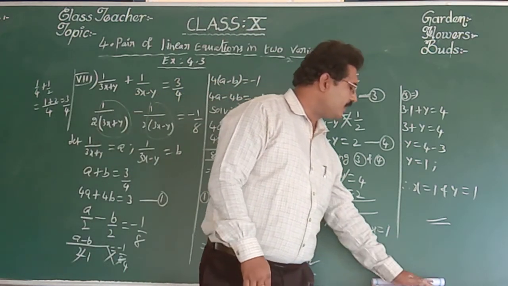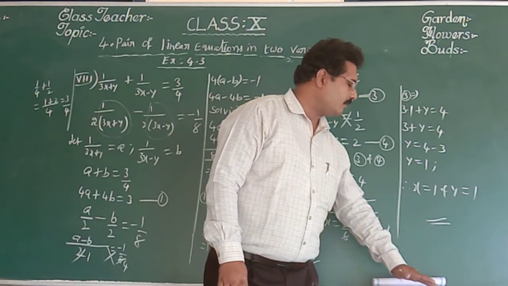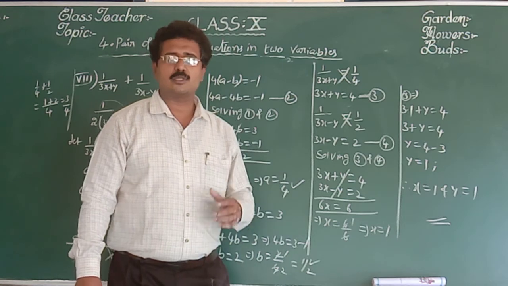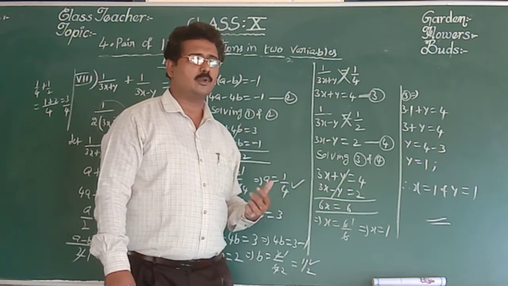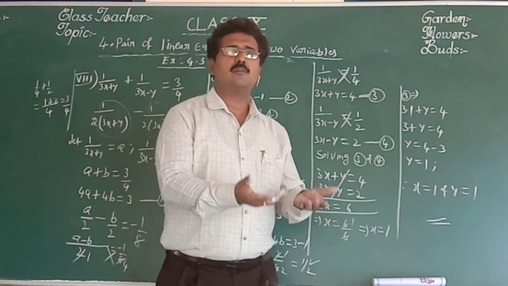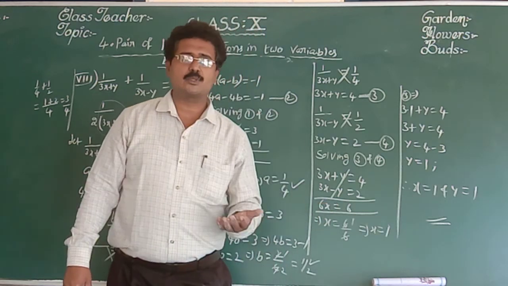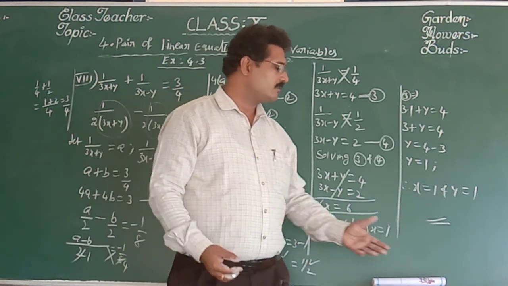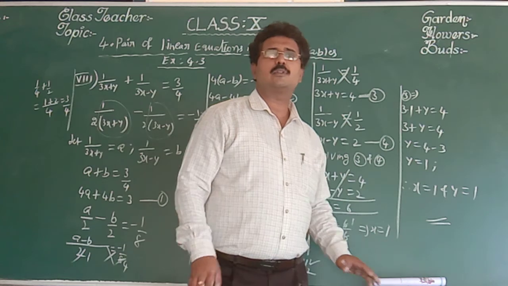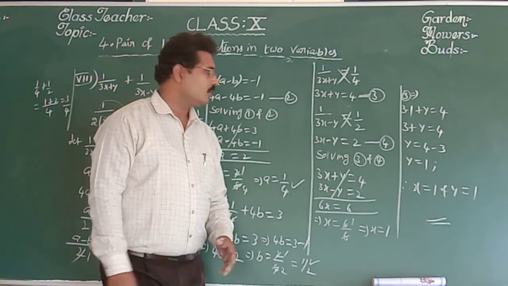And the next, last and final, is verbal problems. 3 problems are there. Those are also very, very important in the same model. The total verbal problem can be converted into a linear equation so that it is easy to solve. In the next class, we will see the last 3 problems so that this chapter will be completed. Okay, children. Thank you.